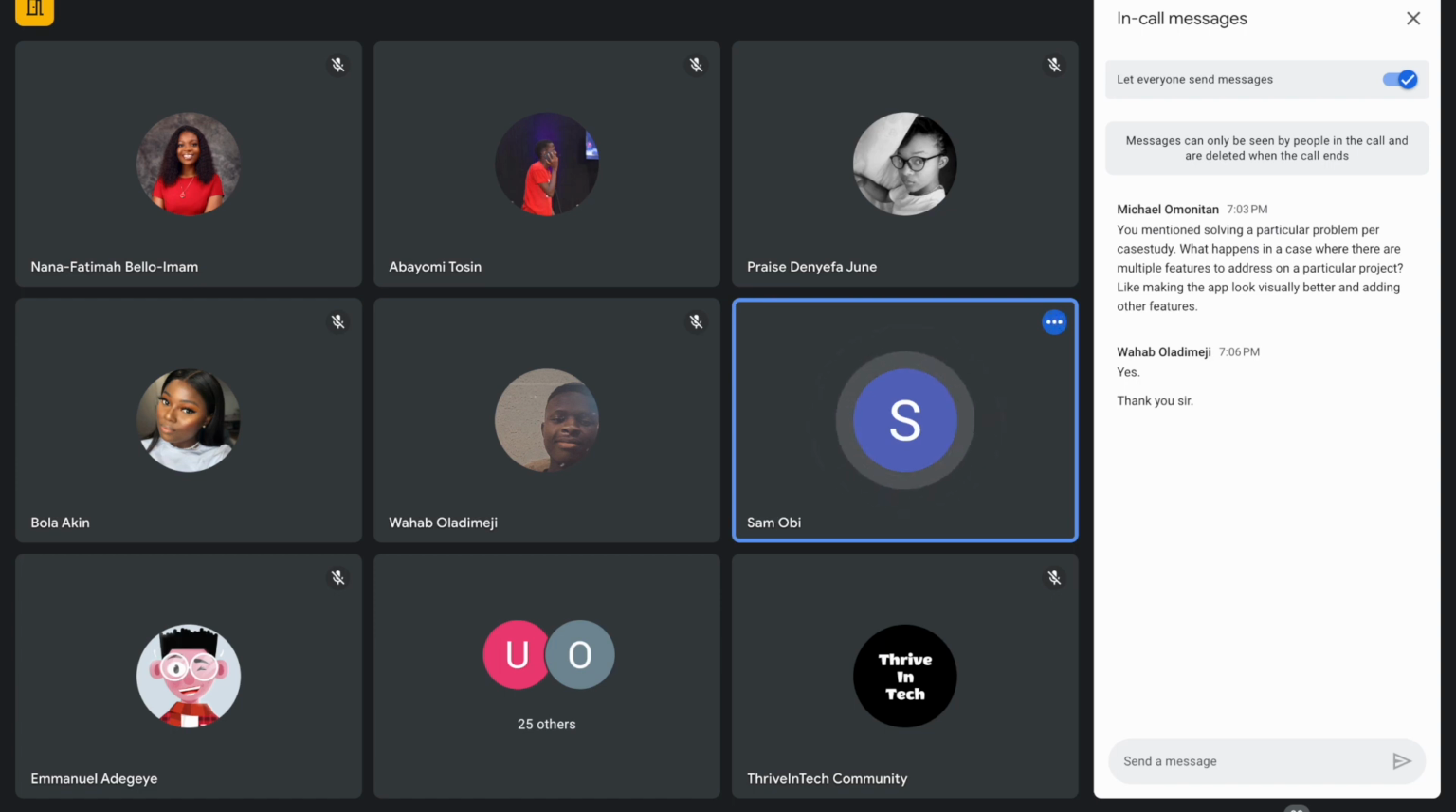You're welcome, Wahab. You mentioned solving a particular problem per case study. What happens in a case study where there are multiple features to address on a particular project, like making the app look visually better and adding other features? So, great question. When you're making an application